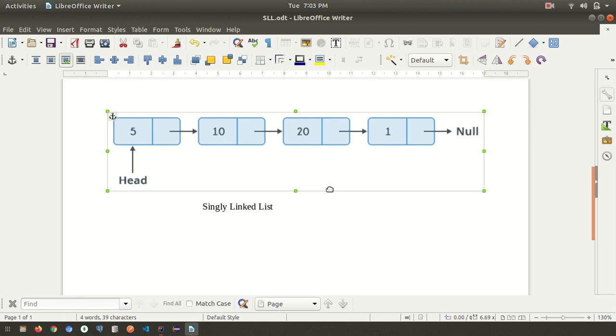It's the disadvantage of a linked list that we can't print or fetch data from the linked list randomly. We need to start from the head. Head means the first element, then go to the next, then go to the third. From there we can print this data. If you want to print the fourth one, you need to start from the head. So it will take more time to search data and print it.